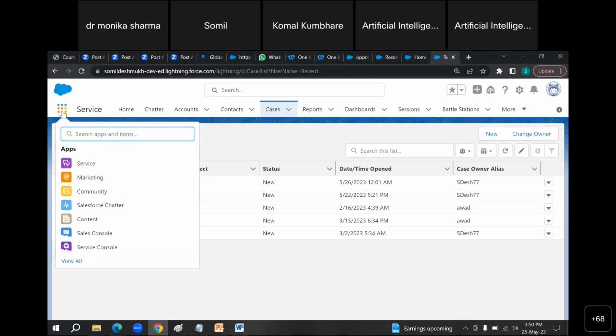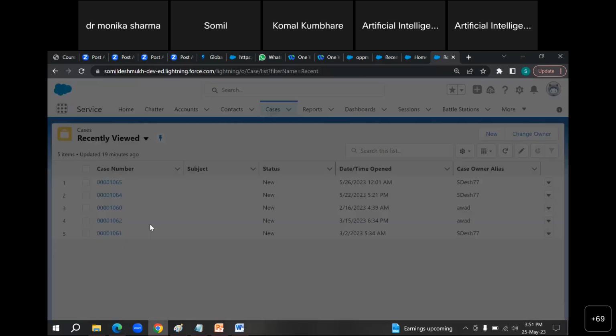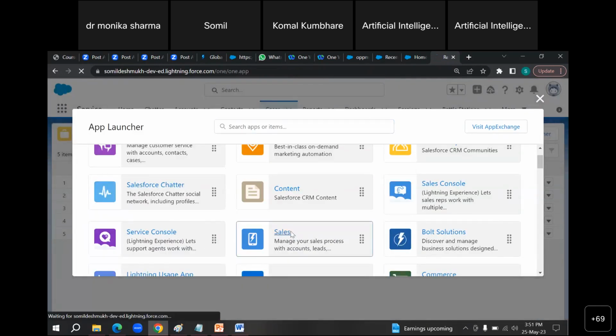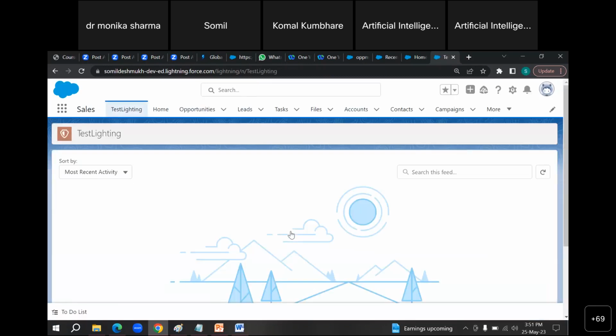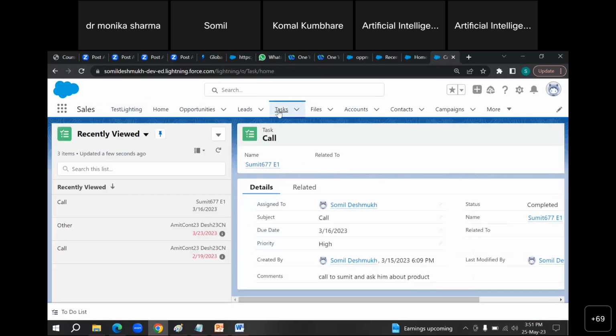So what is a task? Like in service, we are creating a ticket and assigning that ticket to someone who would be working on it. That is the service part. But like service, there is one more part in your application, and that is also more important, that is a task. So what is a task? Task is the thing in which what will happen is that